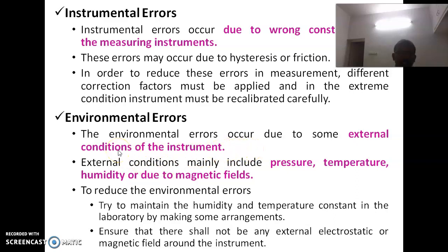Then environmental errors. These errors occur due to external conditions of the instruments. For example, pressure, temperature, humidity or magnetic fields may cause environmental errors. To reduce them, we have to maintain the humidity and temperature constant in the laboratory, and there shall not be any external electrostatic or magnetic field around the instrument, as this will also affect the readings. So we can keep the pressure, temperature and everything constant, and we can eliminate such an